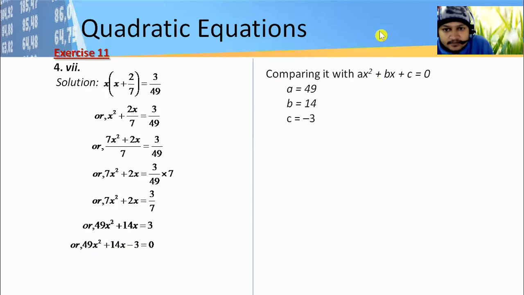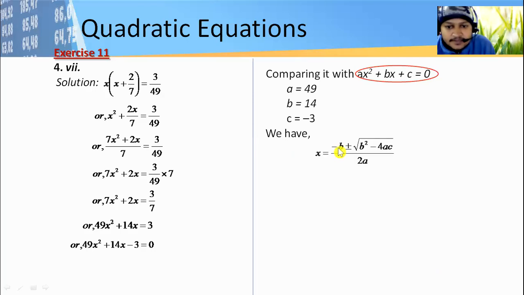So the next thing we have to know is the formula. First one, remember this one. Secondly, the formula. Okay, this is visible to you. Screen is visible to you. Yes, sir. Now the formula is x is equal to minus b plus or minus square root of b square minus 4ac, divided by 2a. This is the formula. And in this formula, we have to put the values of a, b as well as c.